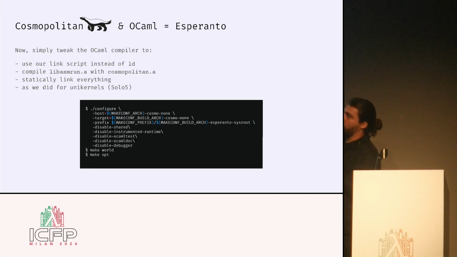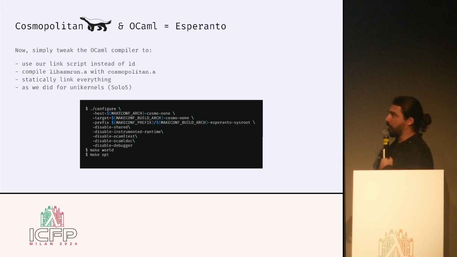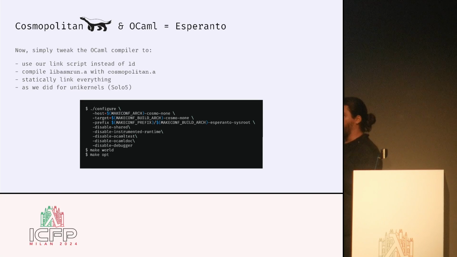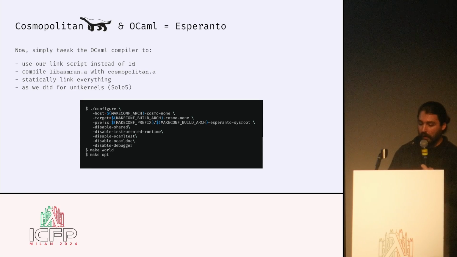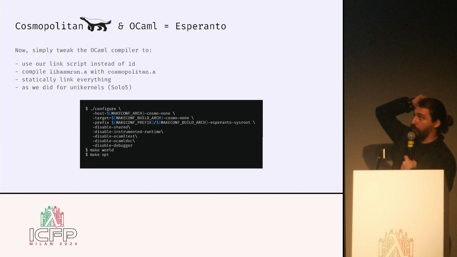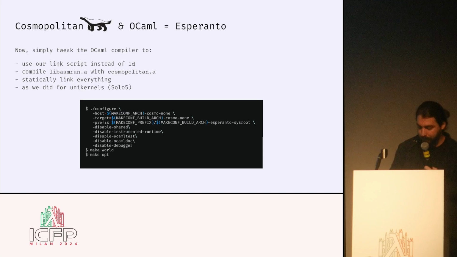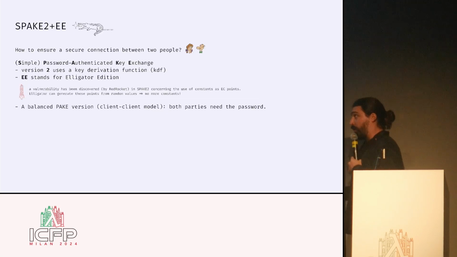It's not so new to do that. We already did that 10 years ago with unikernels, because it's the same thing. We want to make an operating system, we want to statically link everything, and we want to link with another libc instead of the host libc, so the no libc, for instance, for unikernels. And at this stage, we are able to produce an actually portable executable, and you can check that on the Esperanto project.